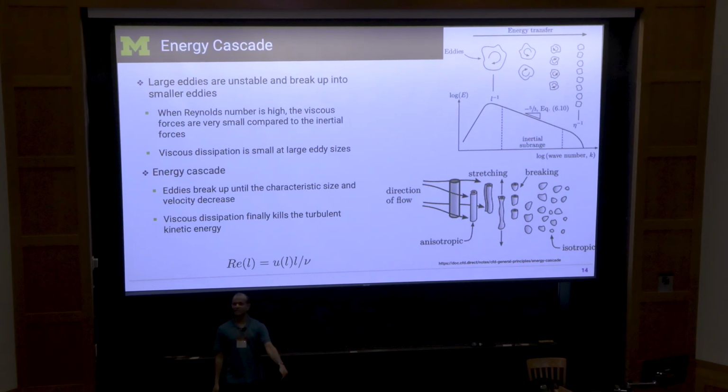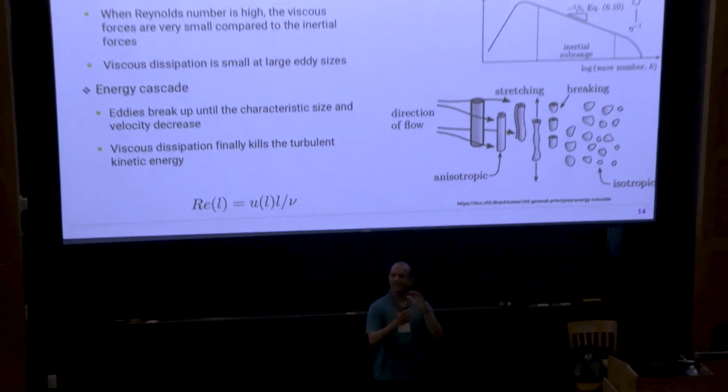As L becomes really, really small, that Reynolds number becomes very small. And when Reynolds number becomes very small, now viscosity becomes the dominant physics. So it just dissipates every one of those eddies, and no more eddies. It's just all uniform laminar flow inside one of those tiny pockets. And the dissipation is what transfers kinetic energy to heat.